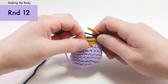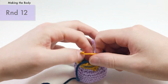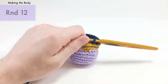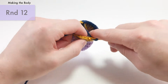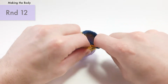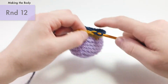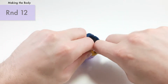For round 12, we're working all in this navy yarn, and it's all going to be single crochets. But for the first 11 stitches, we're working in the back loops only. And then for the next 13 stitches, we're working into both loops. So let's start by doing our 11 stitches just in our back loops. Again, this is all in navy. So it's 1, 2, 3, 4, 5,